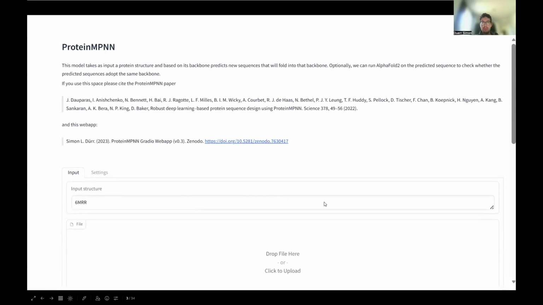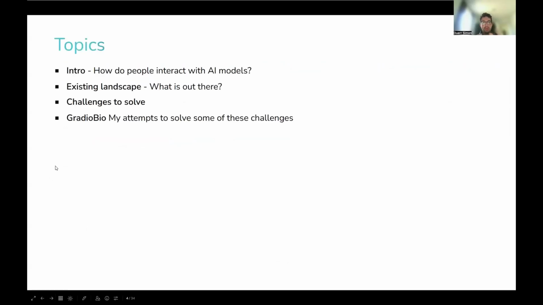So this app was quite popular, and it's also super easy to use for non-computational people. If you just have a structure of a protein, you work in a lab, and you maybe want to get some mutants, this really reduced the barrier by quite a bit. I also got some feedback from people using this for teaching and so on. The idea was, now that the field has matured a bit and we have many more models, how can we standardize this a bit more so that more tools are available in this type of fashion?